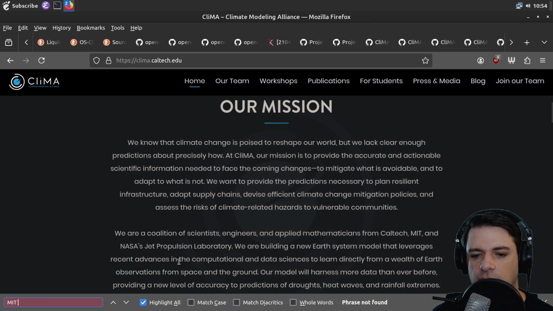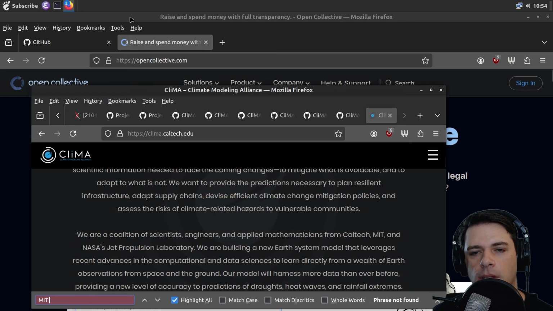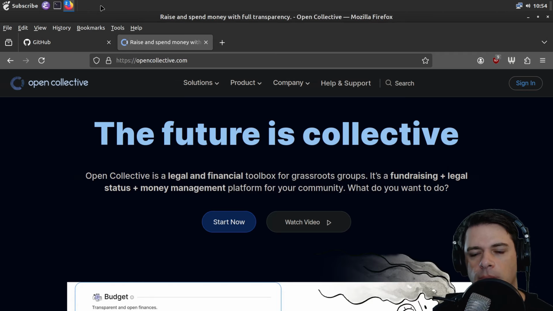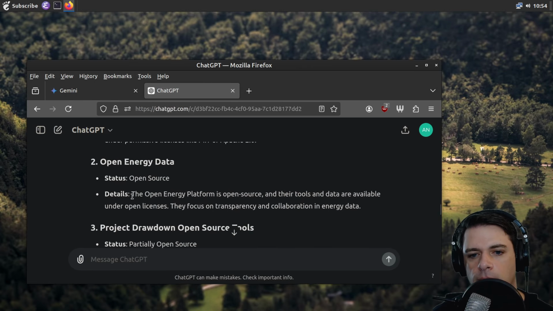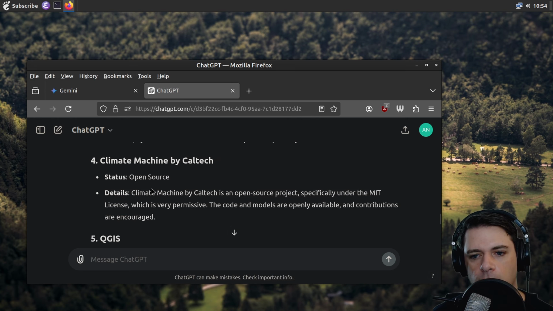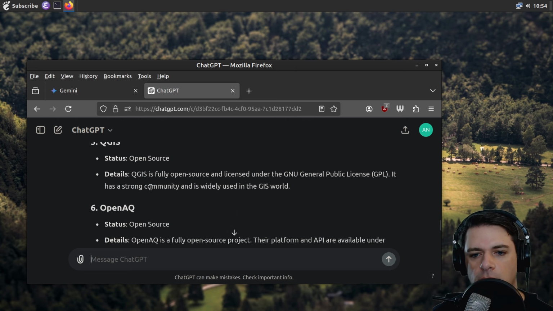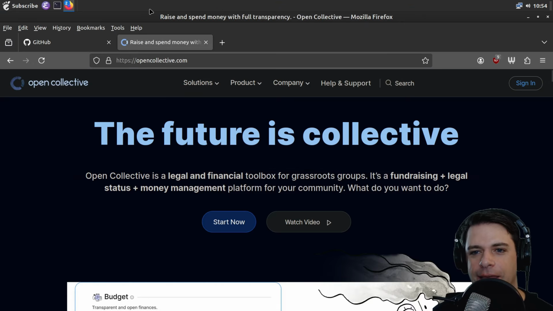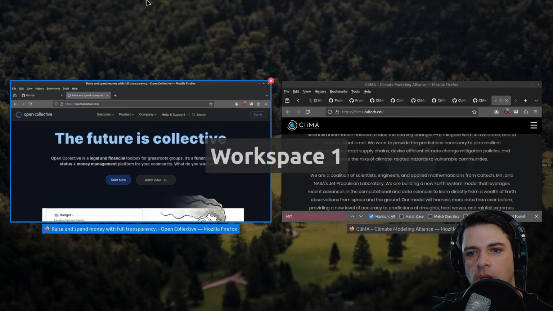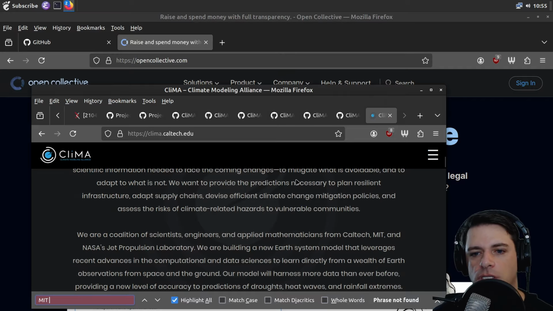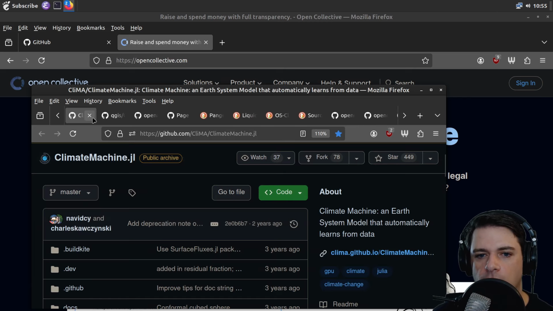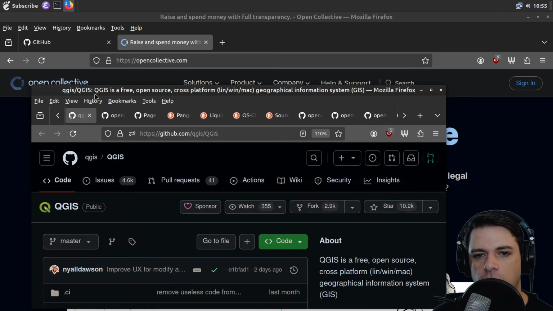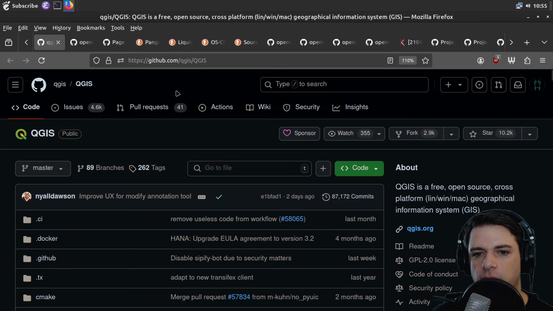Caltech, MIT, and NASA's Jet Propulsion Laboratory. So this is really a West Coast thing. Oh, Caltech. Why did I think MIT? Did I just translate Caltech to MIT in my brain? Okay. So this is the Caltech thing, and that's cool. That we'll delete that